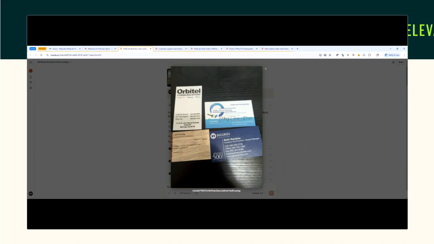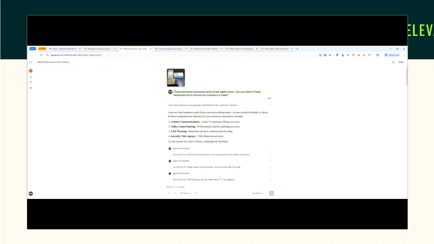This is what we in the industry call unstructured data. They are very, very random. There are very few things in common about these business cards. Some of them have persons' names on them, some of them don't. Some of them have email addresses, others don't. They all seem to have phone numbers, but in this case, the phone number is written in pen. This person printed the cards and then changed phone numbers and had to update other cards with old-fashioned pen and ink. So I took a picture of this, and then I gave Claude the prompt on my phone.